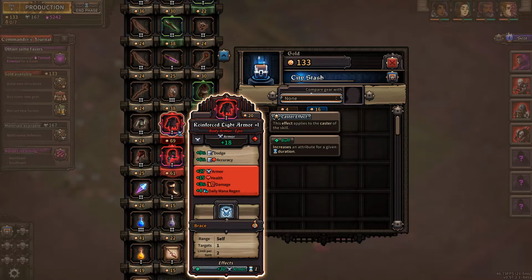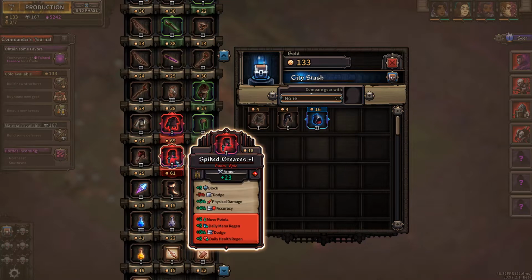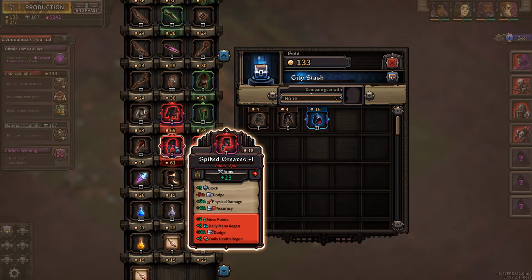So, dodge, accuracy, health, damage. I mean, this gives a lot of bonuses. It's kind of expensive. Spiked greaves. Epic pants. I wish I had some epic pants. +2 move points, mana regen, dodge, health regen. I mean, there's a lot of perks to that one. They don't synergize very well with my people. Although